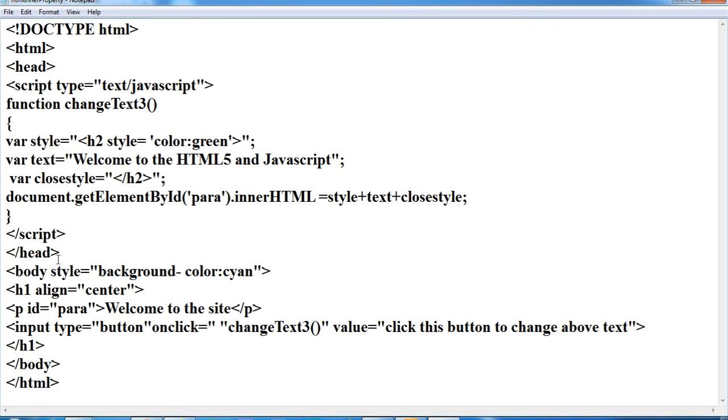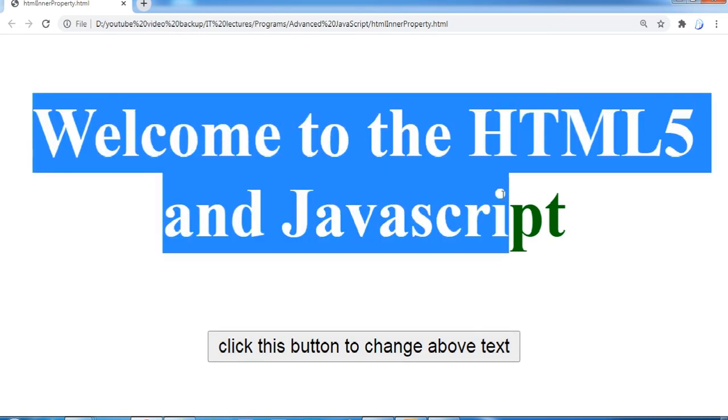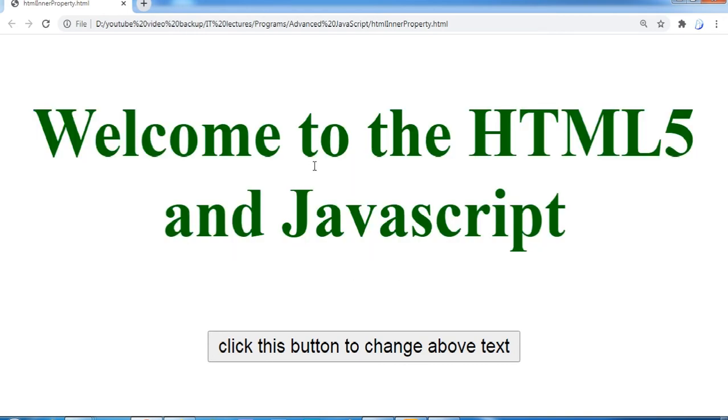Let's check it. See, if I click here, the text is changing to Welcome to the HTML5, and if I click again, there is no change.